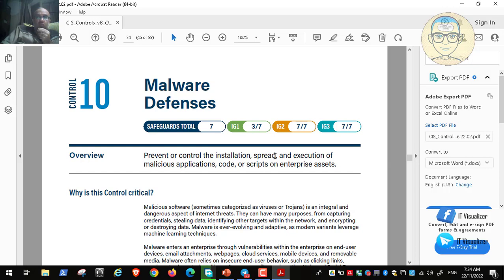And another thing is to control the software that a user can run on his machine, and also to control the installation of software on the machines. You should restrict installation of software only to the IT team, okay? And I have discussed before how we can, through the group policy, apply AppLocker,